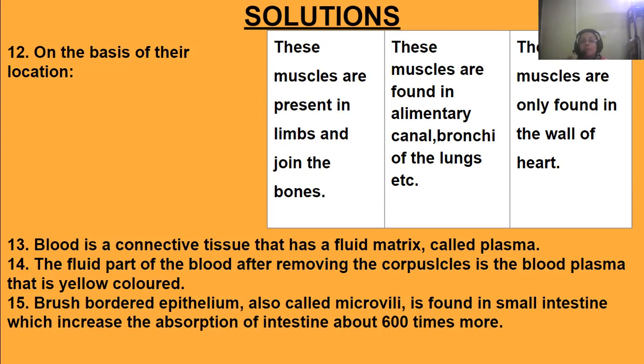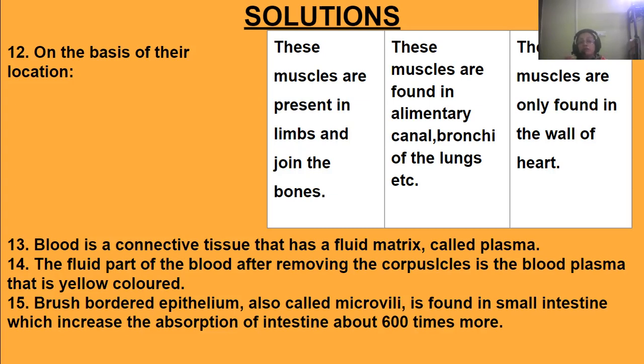striated muscle cells are present in the limbs and the joints, the bones. So these muscles are present in the limbs and also join the bones, whereas the unstriated muscles are found in the alimentary canal, bronchi of the lungs, etc., where we do not have any control. That's why these unstriated muscles are involuntary muscles, whereas striated muscles are voluntary muscles which we can control, like